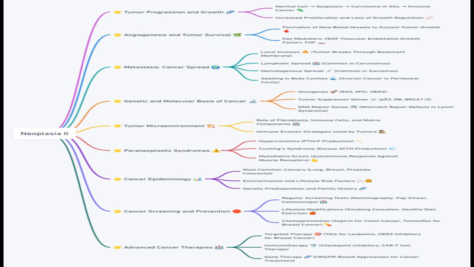About 90% of the cases are linked to smoking. So, where in the lung does squamous cell carcinoma typically arise? It develops centrally in the main stem or segmental bronchi, which often leads to bronchial obstruction and